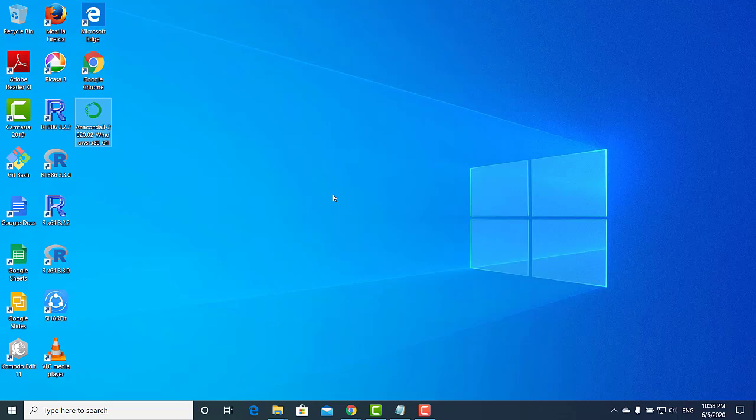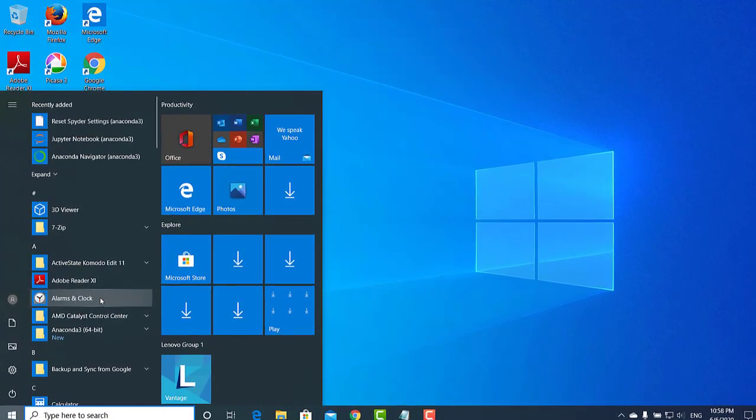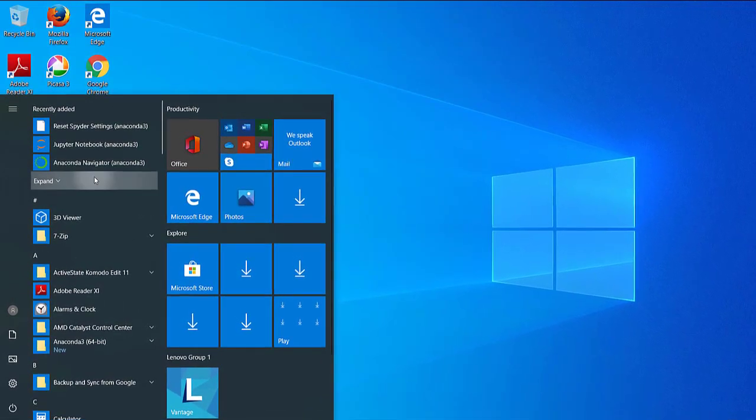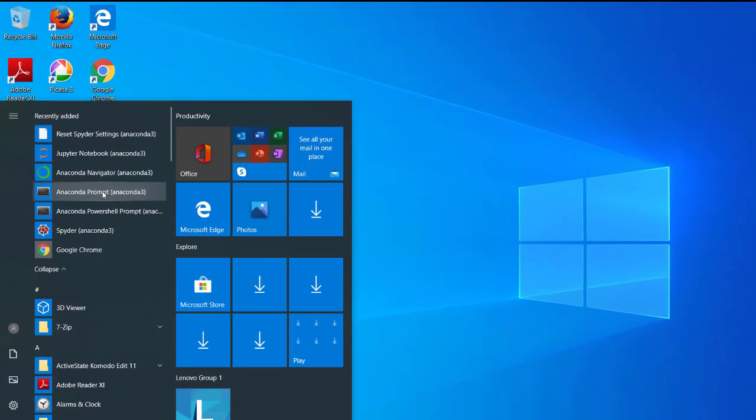Now to check it, we navigate to the Windows bar and see the Anaconda Navigator. We expand it and see the Anaconda Prompt. Just click on it.